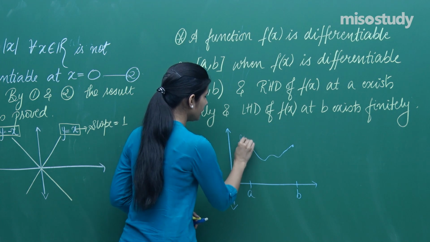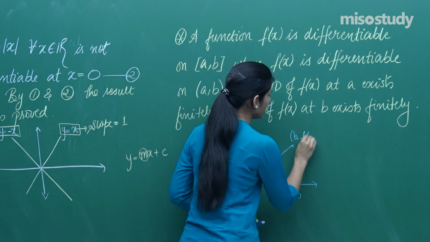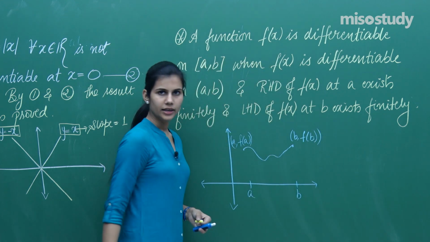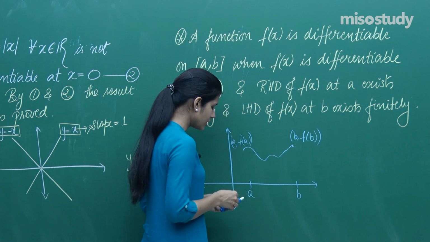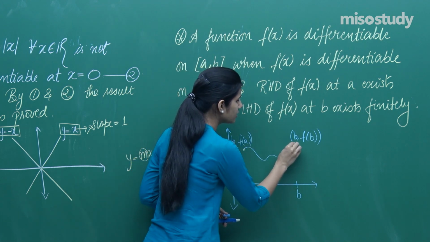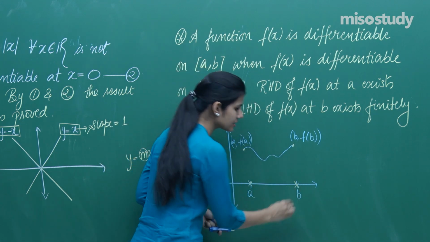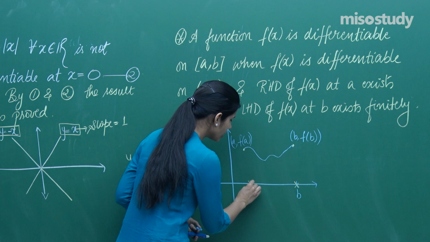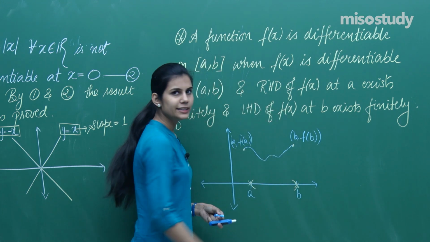So this is f(a), or I should say (a, f(a)), and this is (b, f(b)). Correct? This is how the graph will look. Now see, just ignore for a second the endpoints, that means ignore this and ignore this. For all the points which are in between a and b,